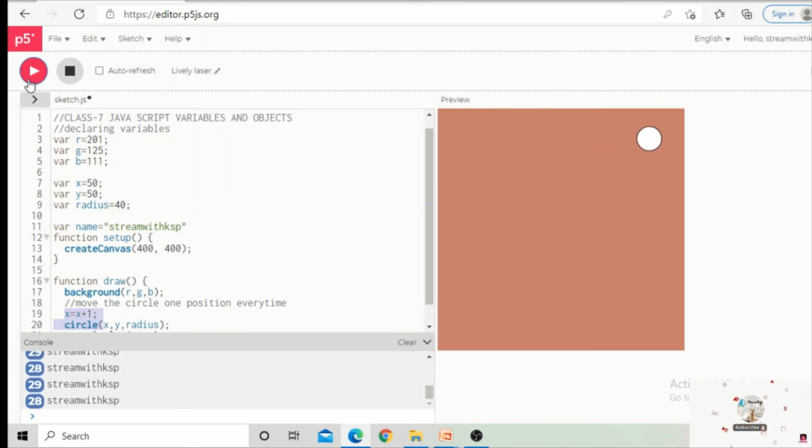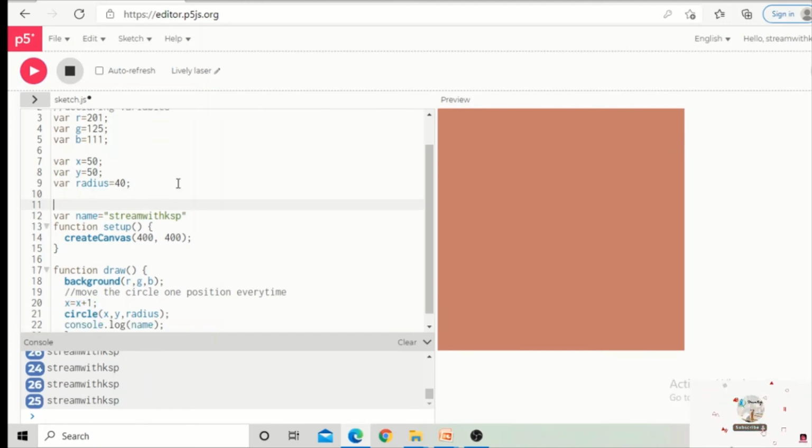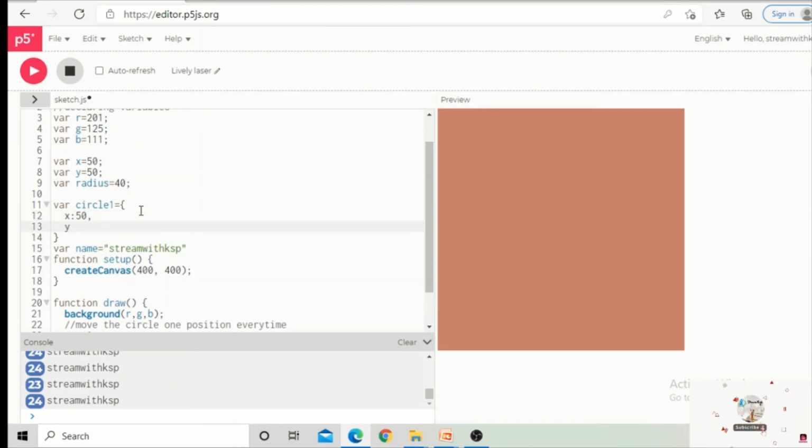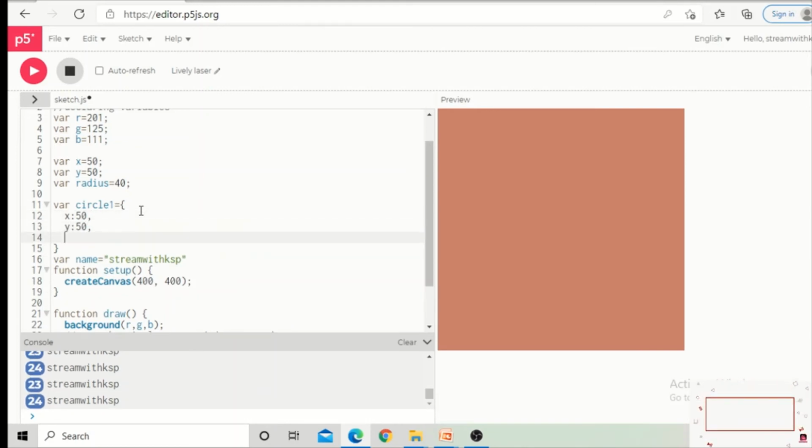Now I will explain about the JavaScript objects. Let us declare here an object named circle1, and we need to write is equal, and after that we need to give the curly brackets. And inside the curly brackets I can declare my variables like x colon 50, and I need to mention a comma here because I want to write more values. Next y colon 50, and one more is radius